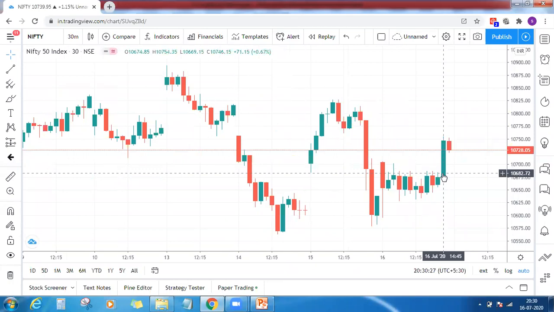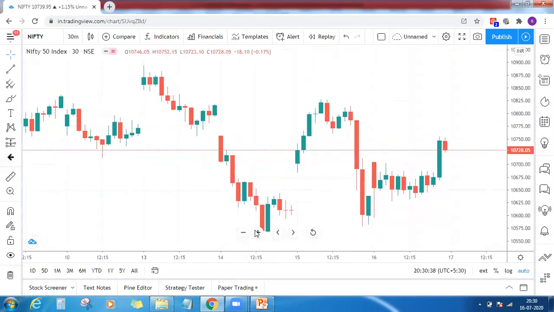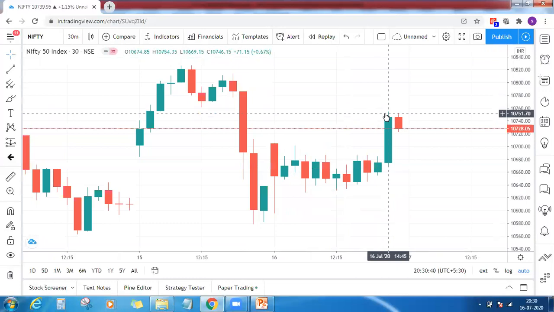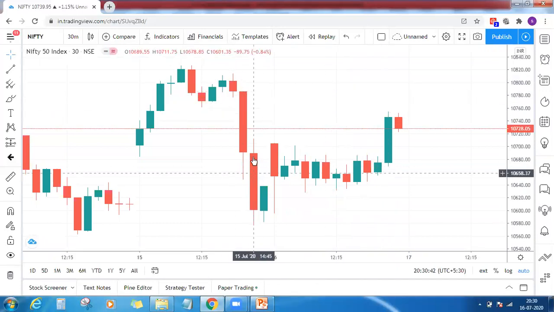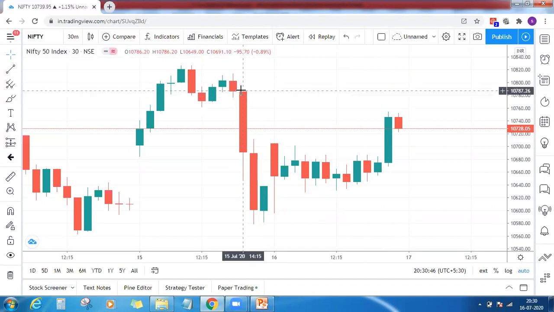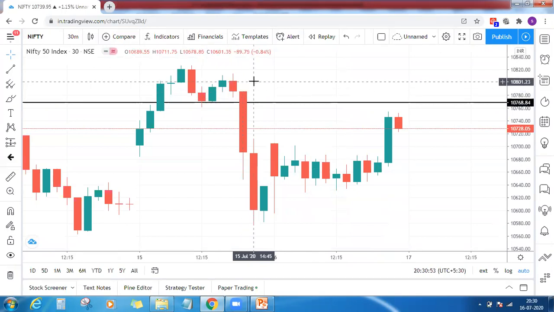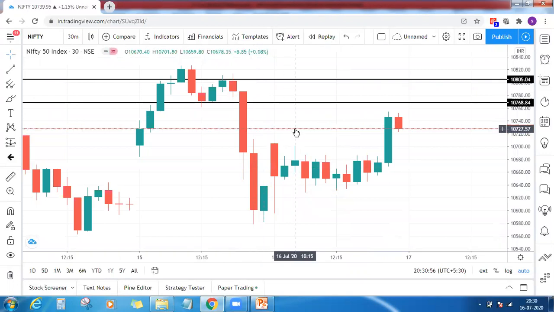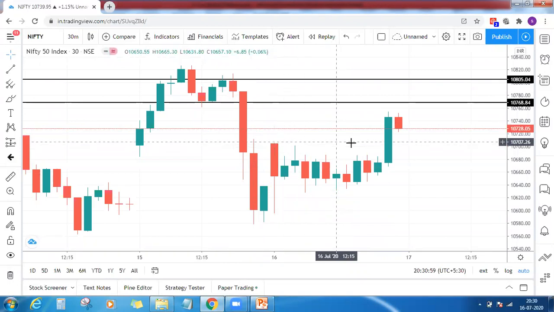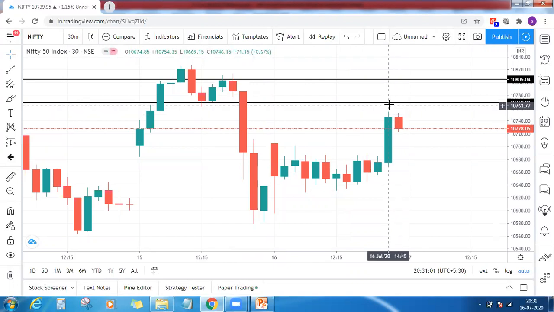See sir, if I go into the 15-minute candle and all, I can see some buy sandwiches. In that case, can I initiate a trade? Now, if you initiate a trade, you have to fix your target as well, because prior to this, there are two strong red candles. So people who shorted here, they are still active. So you have to fix your target somewhere here. This whole zone is the strong selling zone. So if you initiate your trade after this breakout, the maximum target you can expect is 10,768 to 10,800.